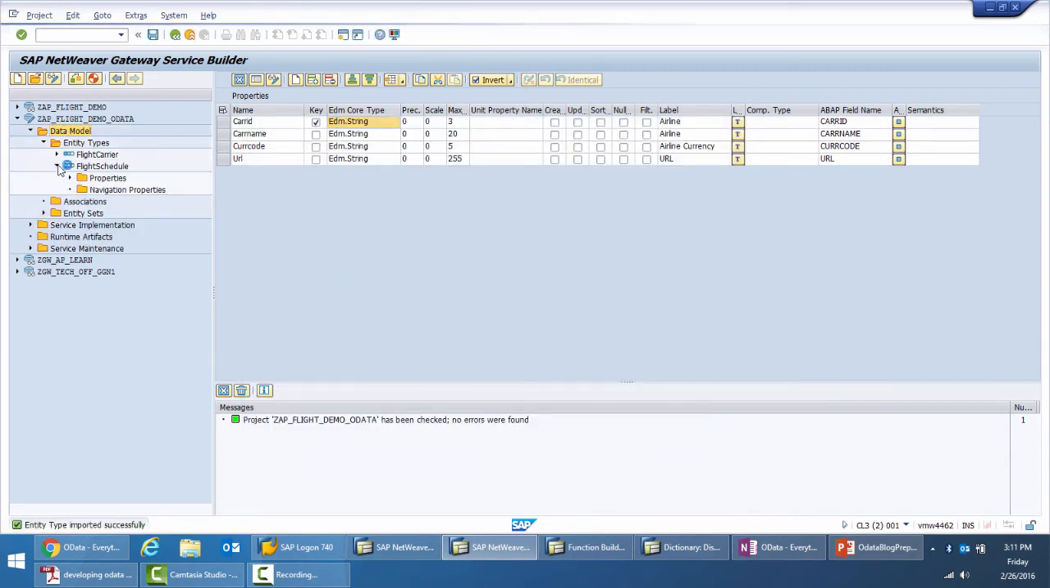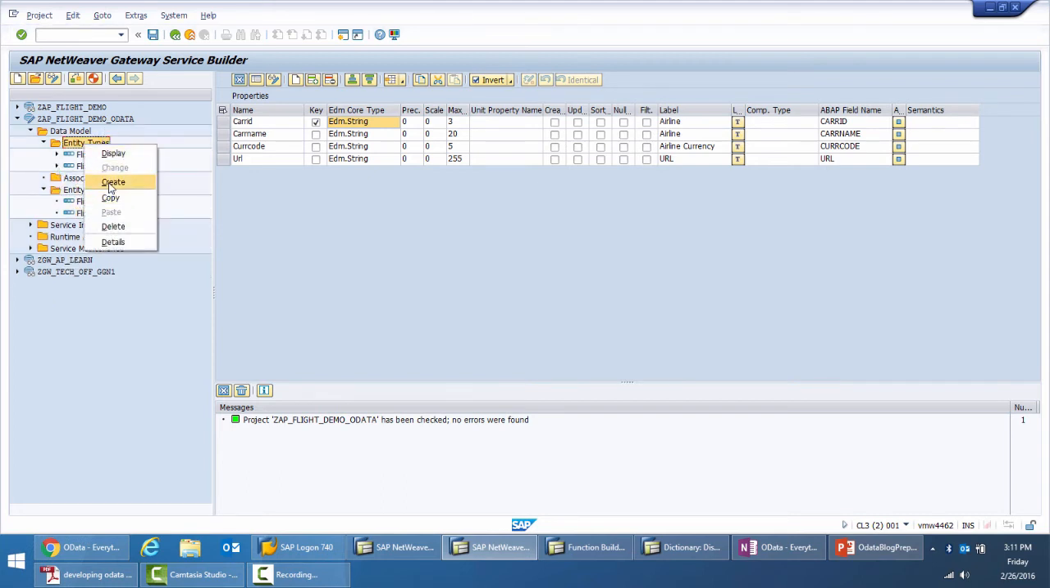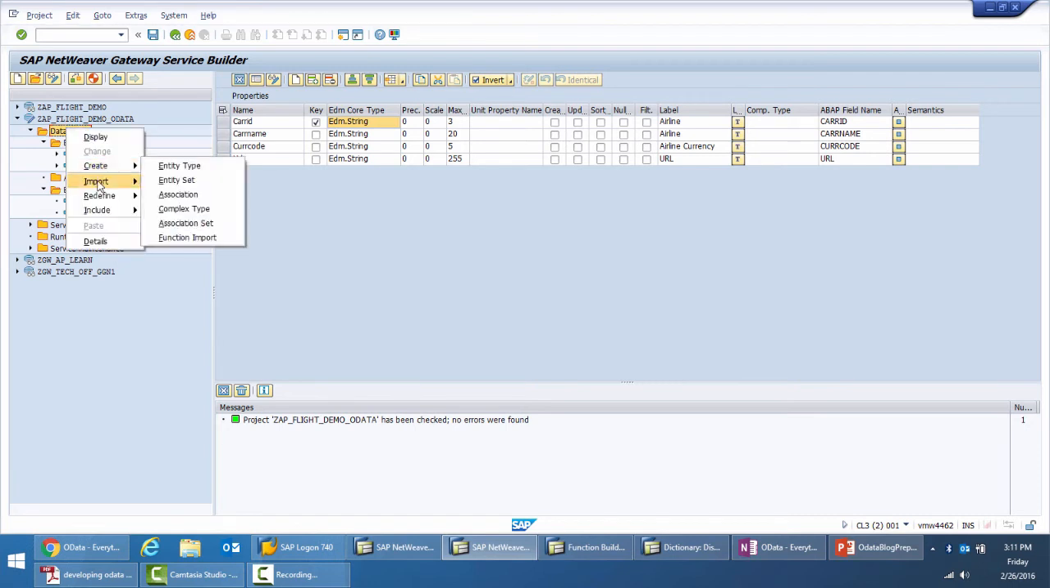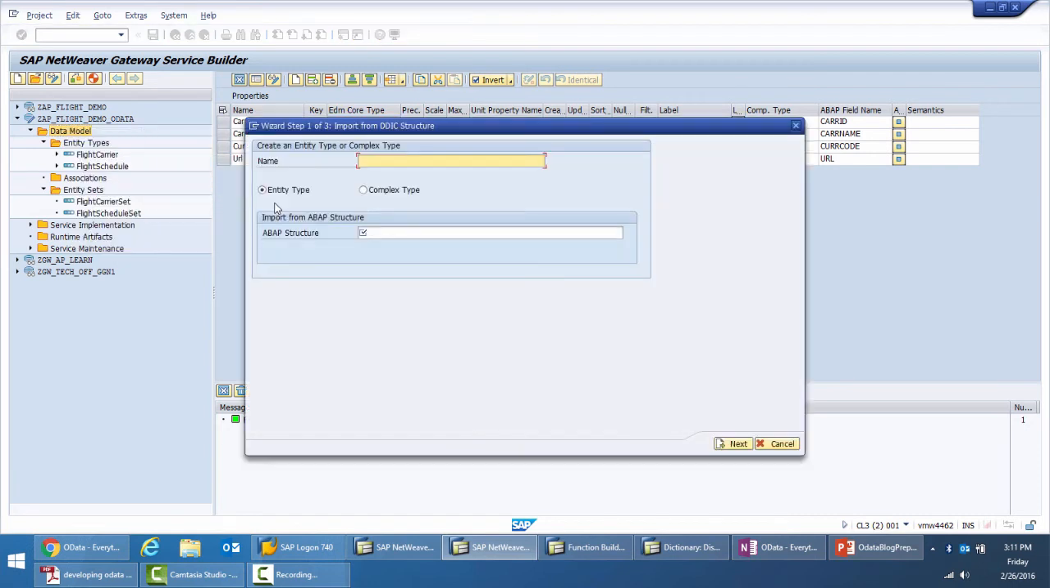My entity type is created, and on the entity sets you can see another node coming for the flight schedule. And finally, I create another, or rather import another entity type, which is flight. Okay, I think